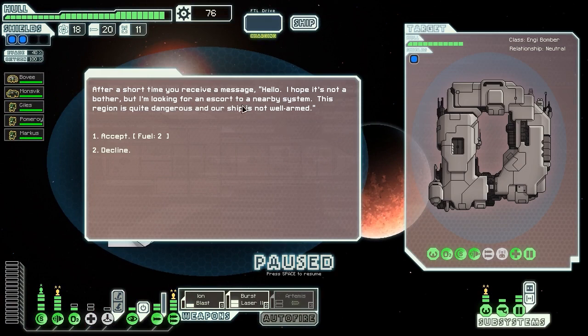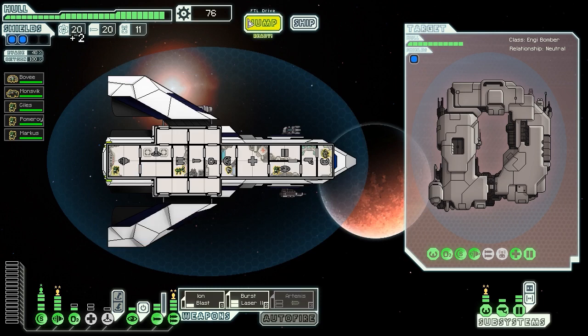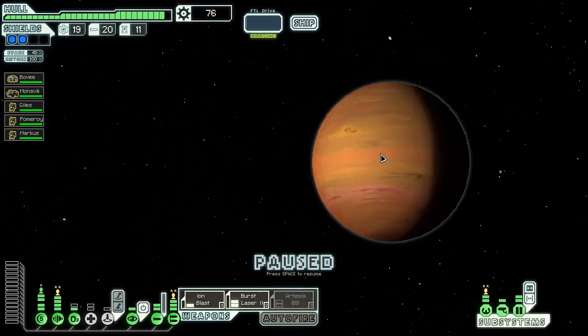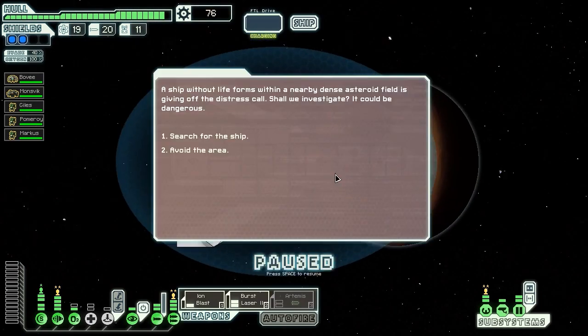After a short time, you receive a message. I'm looking for an escort to a nearby system. Our ship is not well armed. Yeah, I can tell. There's no weapons at all whatsoever, unless you count that flimsy thing over there as a weapon. Sure. Ooh, distress. Yeah, we can work with this. We can make this work. I might throw you into the rebels for a little while, but...